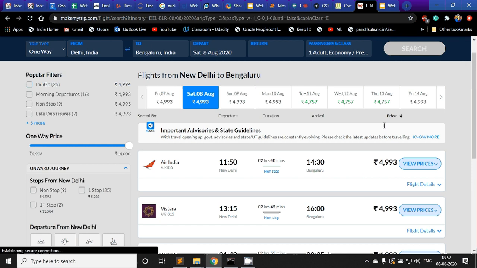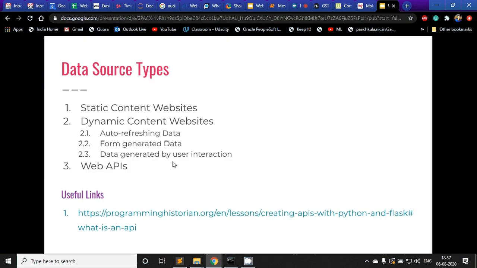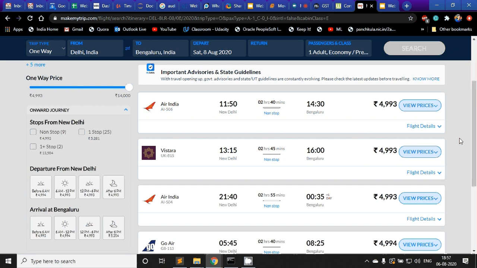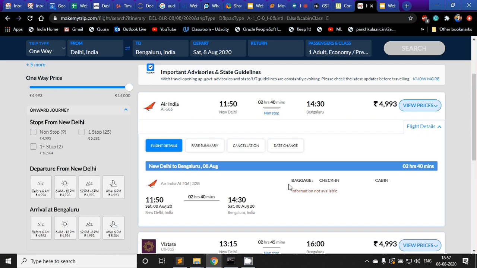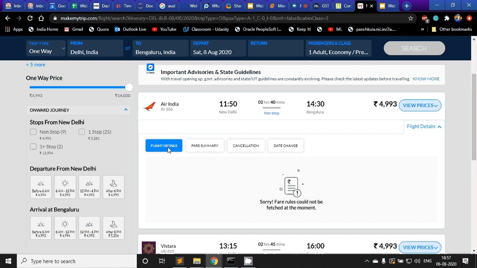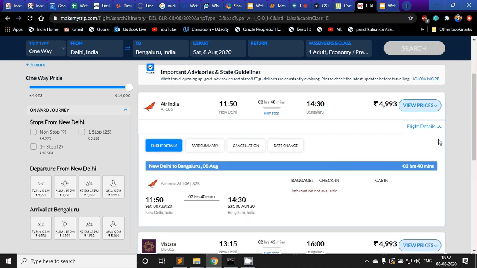And the third type is data generated by user interaction. You see here, this is the default way in which the site loaded. But when I click here on flight details, you see that more data has come: fare summary, cancellation, date change, flight details. All of this data only came after I clicked this, right? This data was not available on the web page earlier.